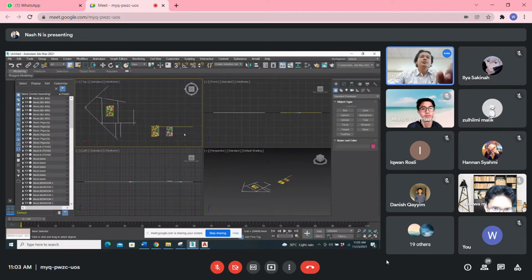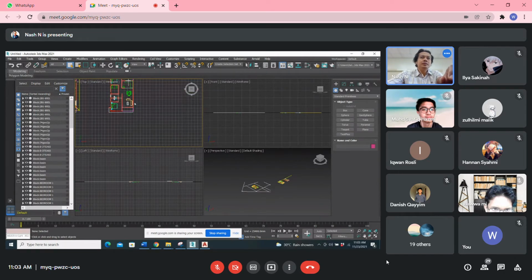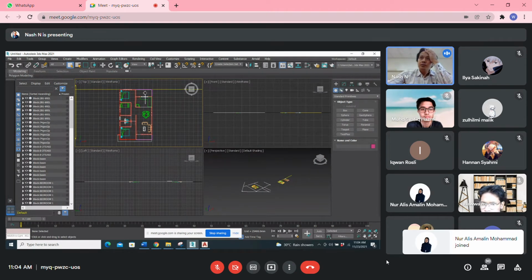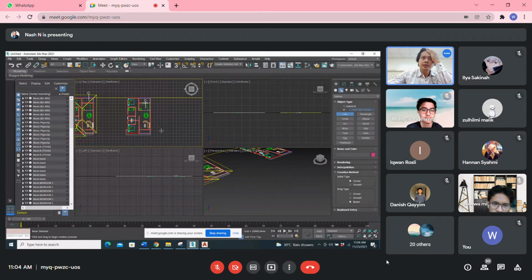Okay. So I want to develop the wall of this building. There are two ways actually. Last time I taught you to use a line. You just draw the line, and then, let's say it's here. I press shift to make it straight. Let's say I draw back all the plan. Okay, like that.